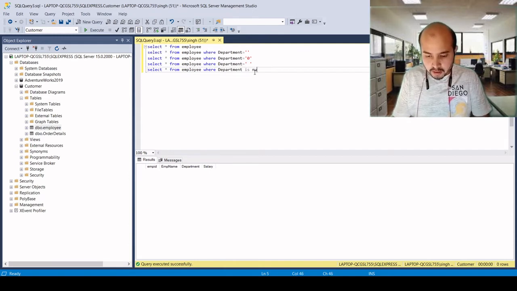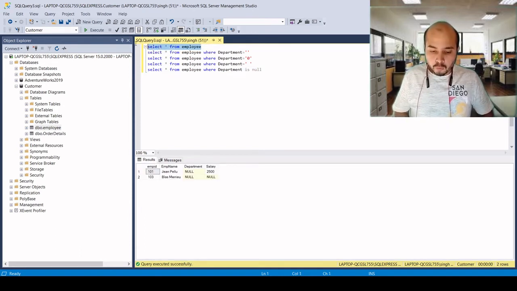So how can we extract the data where there is a null? We can simply write is null. Here we had 2 records where there were 2 nulls in the department column.